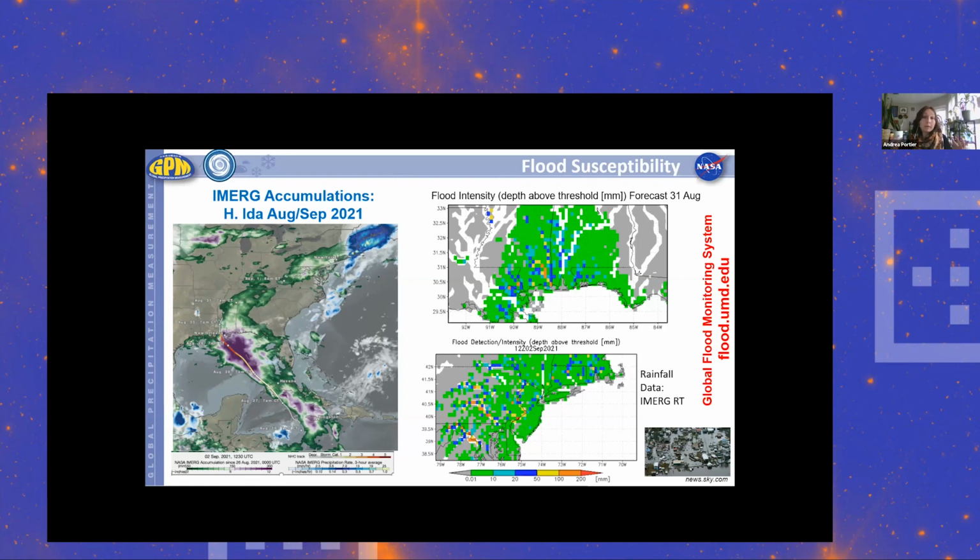This system is a real-time quasi-global hydrological model that ingests IMERG into the system to see if precipitation extremes fall above those thresholds where flood susceptibility is high. And then you're able to use their tool to see those areas of extreme precipitation to see if areas might be prone to flooding. So what I have here is a quick example of Hurricane Ida. Hurricane Ida made landfall in late August in southern United States and made its way all the way up to